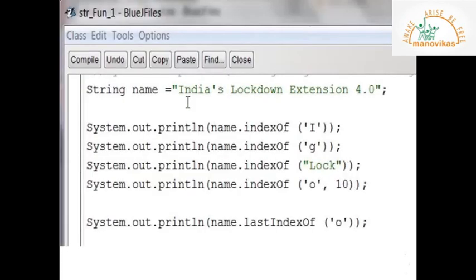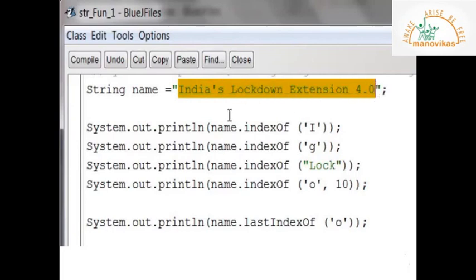Look at this example. A string "India's lockdown extension 4.0" is assigned to the string variable name. So now my first function is index of a character. According to the explanation, this will display the index of the first occurrence of this letter.